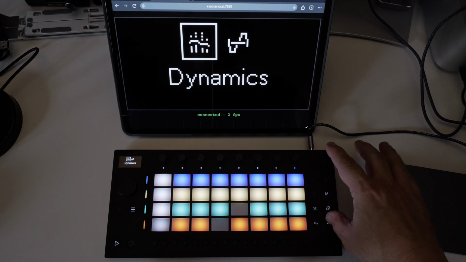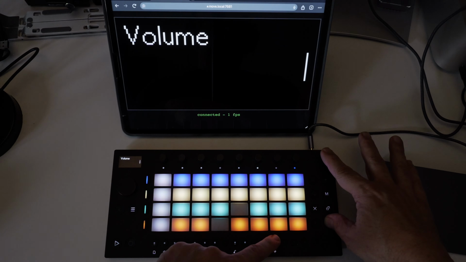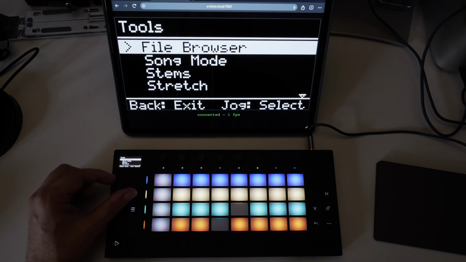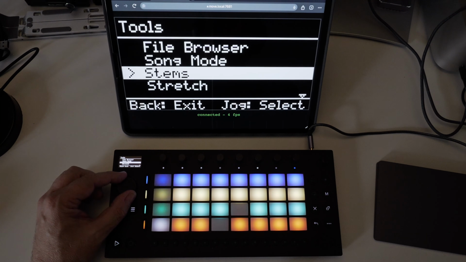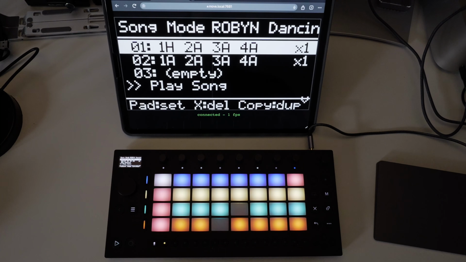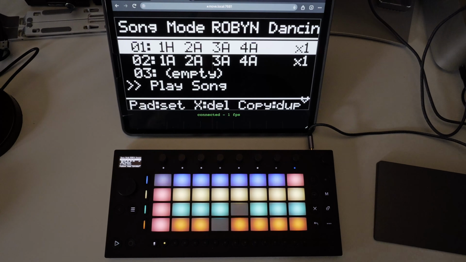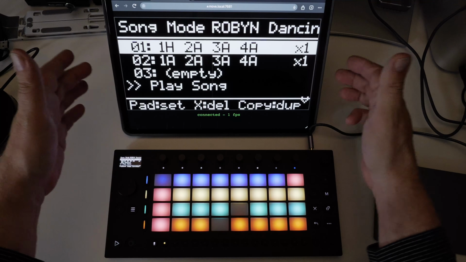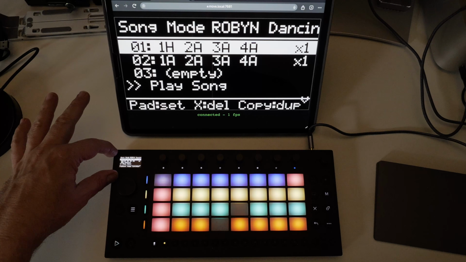of menus. So if I jump into Shift, the volume knob, and this star button that's normally hidden away, you'll see that there are a whole bunch of goodies there, including other things that I'll no doubt do future videos on. But for today, let's concentrate on this. So, song mode. So straight away you can see that what it does is give you an extra menu, and just by the way, if you haven't seen this before, this is just a browser that's mirroring what's on the Ableton Move display.